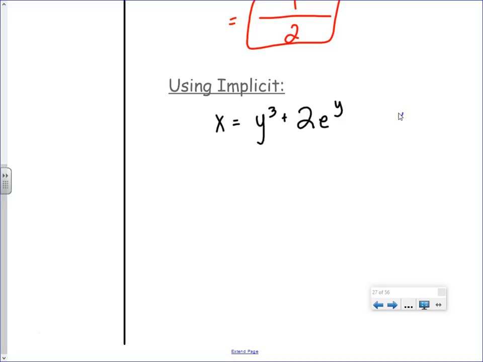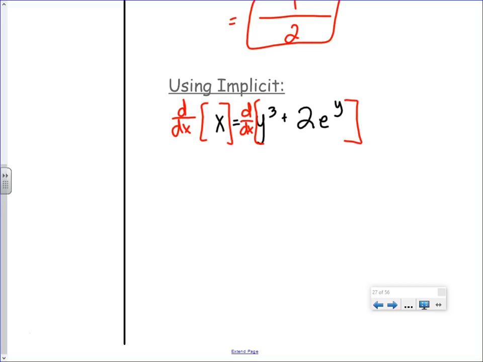Implicit, and Noah, this might help with the idea of what we're doing. Implicit says switch the x and y, and this represents the inverse. I can't get y alone, so I can't make it look pretty, but it represents the inverse. The x's and y's are switched. Now, if we derive using implicit,